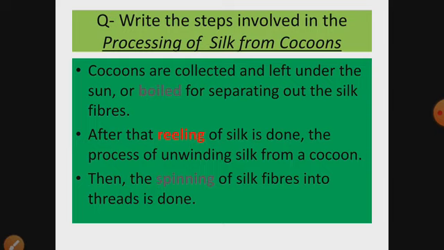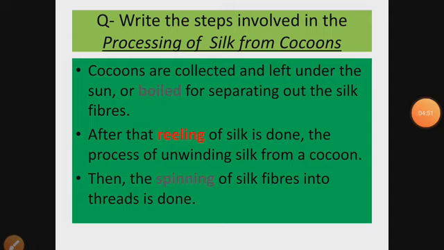Nowadays ahimsa silk is also available in market, where they take out the silk from the cocoon only, but they let the moth come out of the cocoon, and out of that damaged cocoon they take out the silk fiber. Although that silk fiber is not long threads and it is considered to be inferior, even then they like it because they have not harmed the pupa by boiling it.